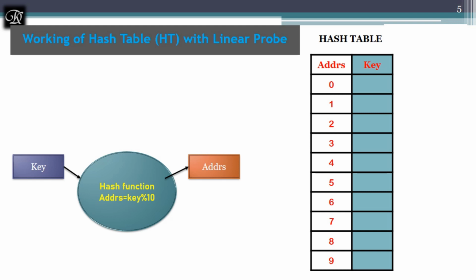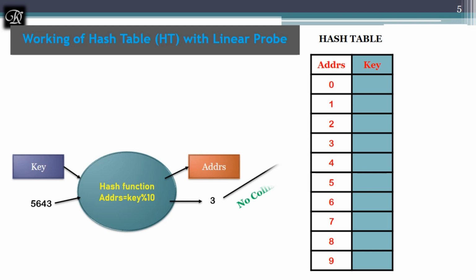That's why I'm discussing a single digit address. If you are interested in going for a 2-digit address, then rather than 10 in the hash function, make it 100. Whenever we enter a key, here it is 5643, it is given as an input to the hash function. The hash function generates, at present, a 1-digit address. If you take the modulus of the given number with 10, it gives you the last digit, that is 3.